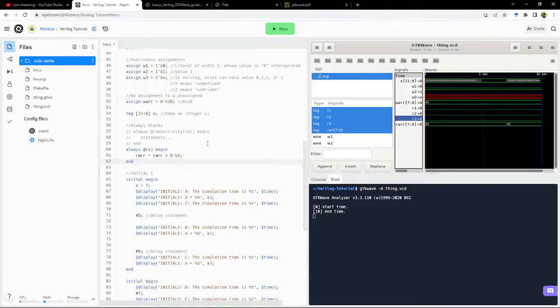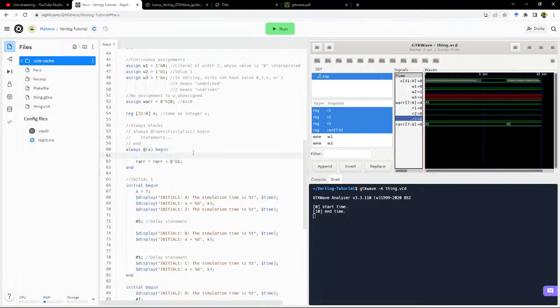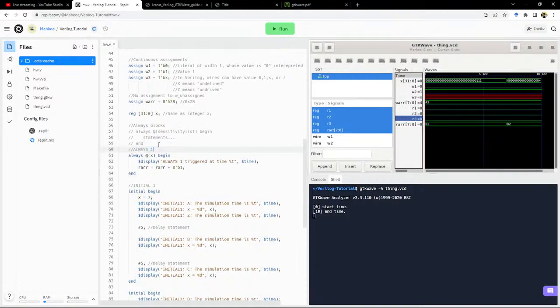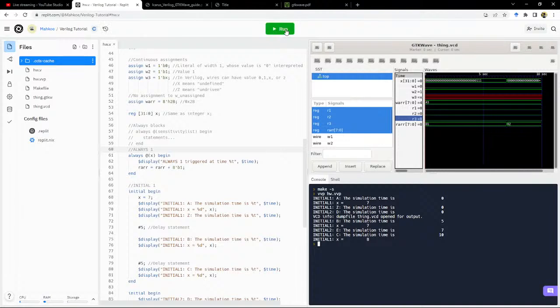Well, every time X changes, this always block is triggered. And it changed here. We assigned it the value 7 at time 0. So, oh, you know what? You know what I should really do? Display "always 1 triggered at time %t." And always 1. So now if I run this,